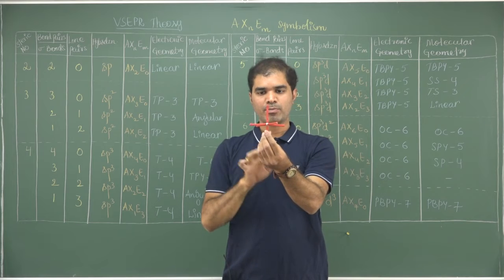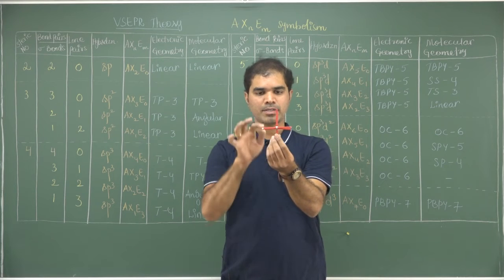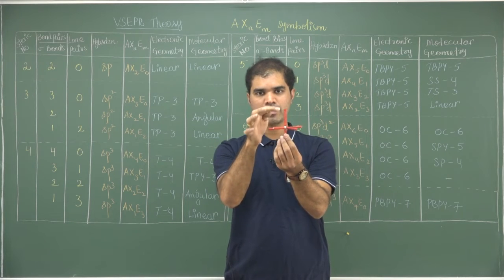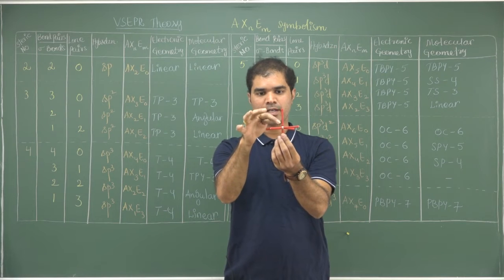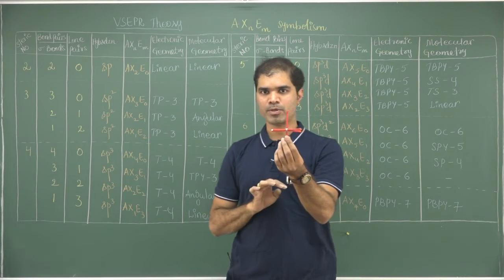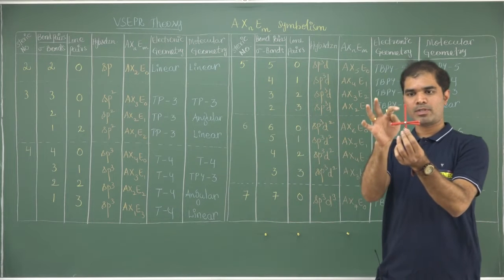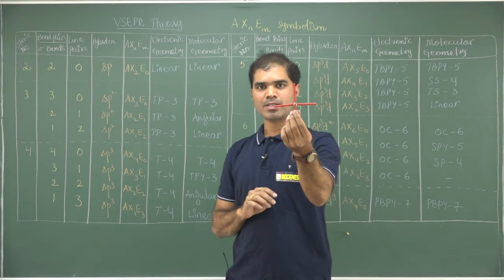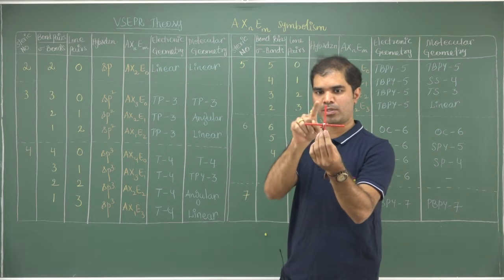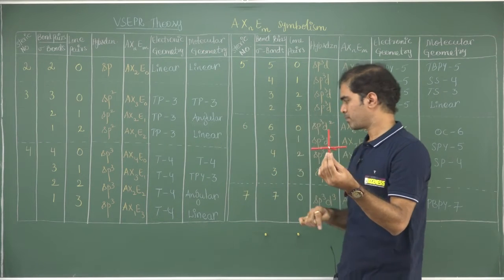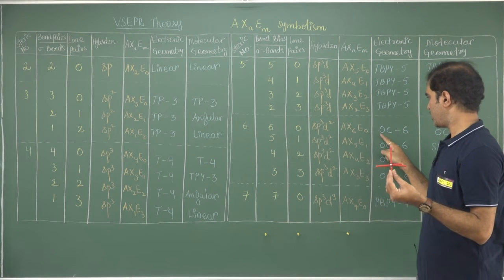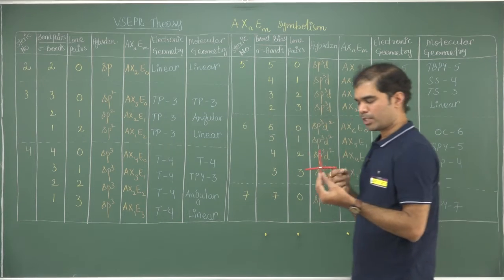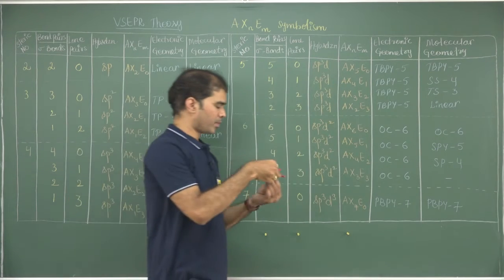This is octahedral geometry with 6 bond pairs, there are no lone pairs, and between two trans bonds the bond angle is 180, between any cis the bond angle is 90 degrees. So this bond is making a 90 degree angle with 1, 2, 3 or 4 bonds. When you put it on paper, the distance between these two and the distance between these two look different, but when you are looking at a 3D model, everywhere it is just a 90 degree angle between any two cis bonds. Between any two trans bonds it is 180, 180 and 180. And this octahedron is represented by OC6, that is octahedron. Even the molecular geometry is OC6. Now just let me replace one of these bond pairs with a lone pair.